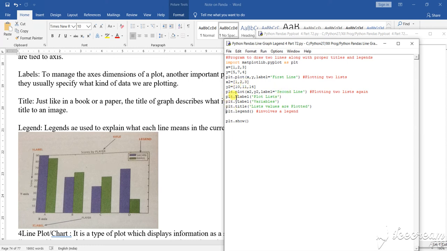So what I said is plt.xlabel, this is the label, labeling to be done, and plt.ylabel. This is the x label, that means x is downwards, y is this one. Now I give the title of this, the title will be shown here in this area, and we have a legend. This is known as a legend. Let us run this program and see the output.